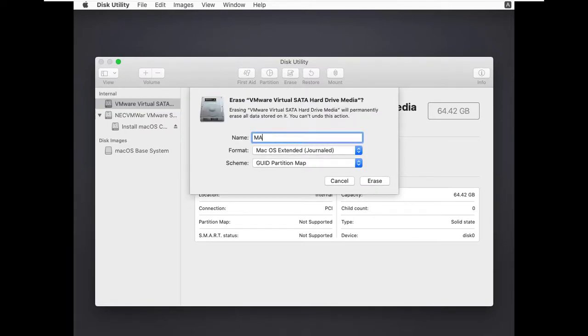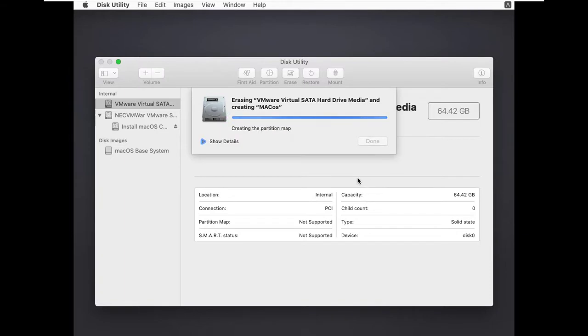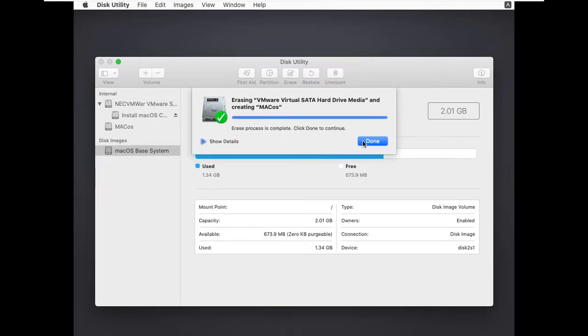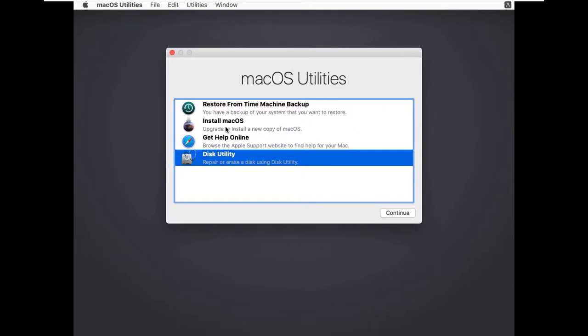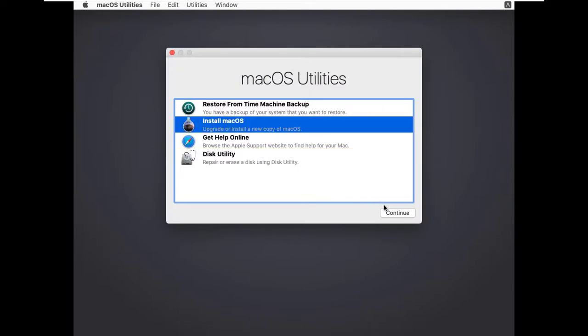Give a name for your hard disk partition and erase. After the formatting completes, close this dialog box. Click on install macOS.